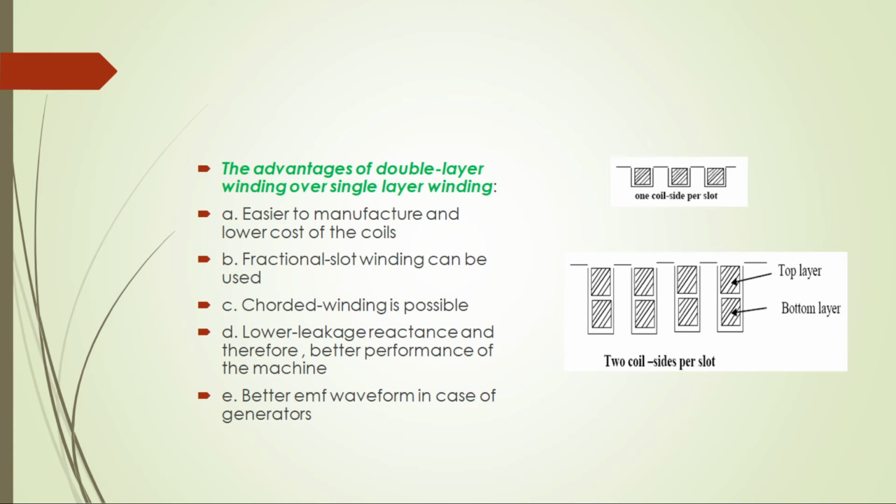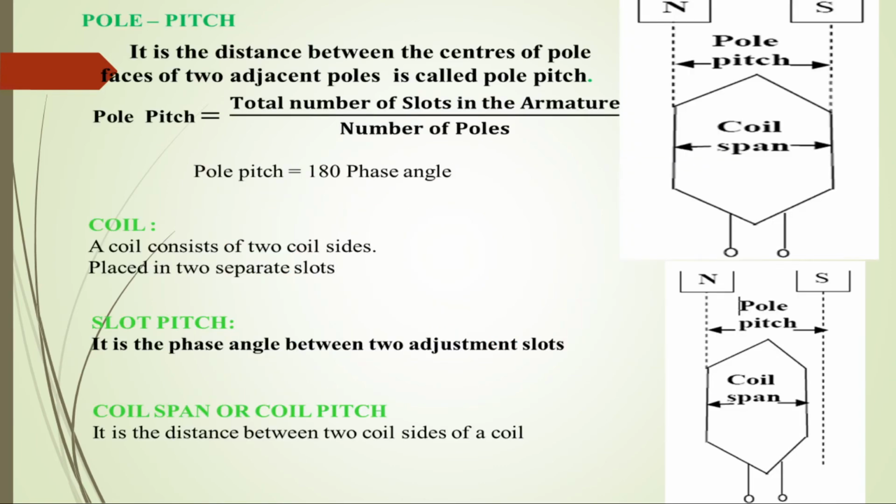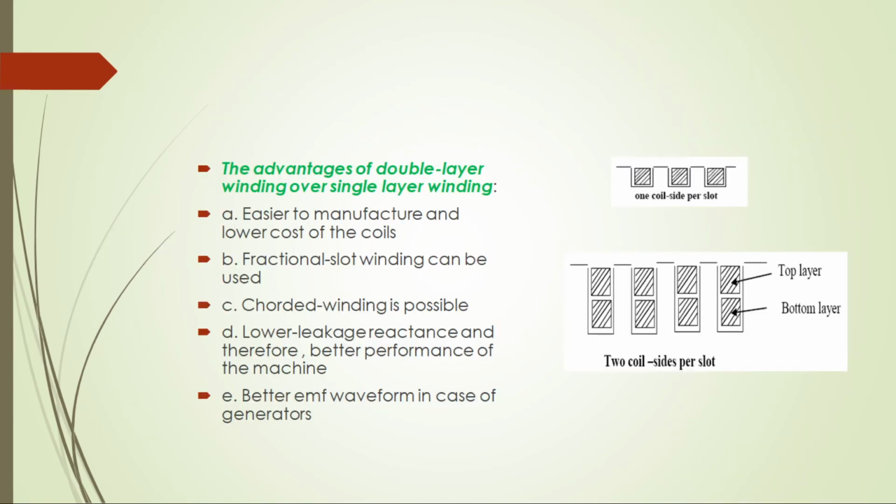Fractional slot winding can be used. Corded winding is possible. Lower leakage reactance and better performance of the machine is possible, and better EMF waveform in case of generators. These diagrams are showing one coil side per slot and two coil sides per slot, top layer, and this is